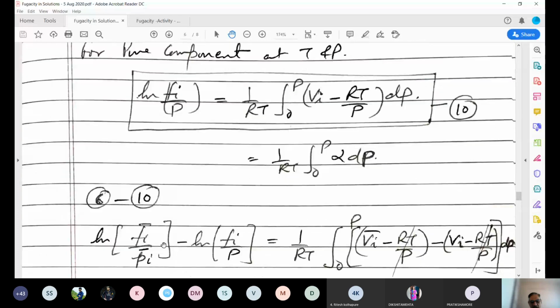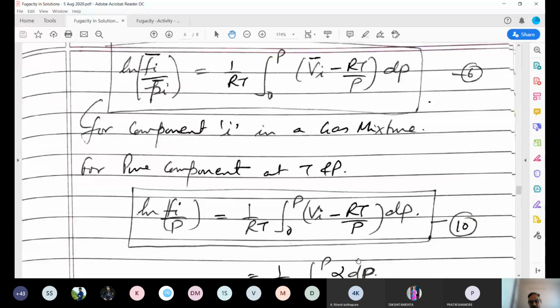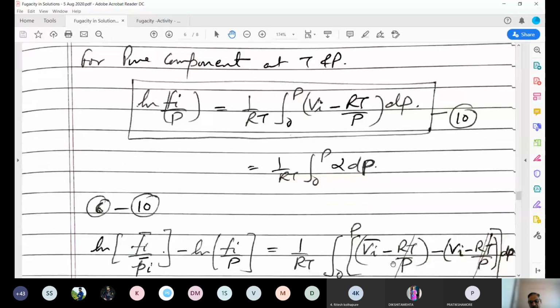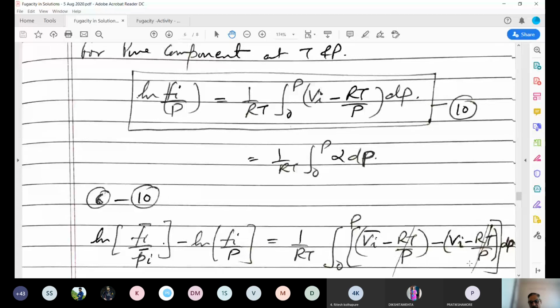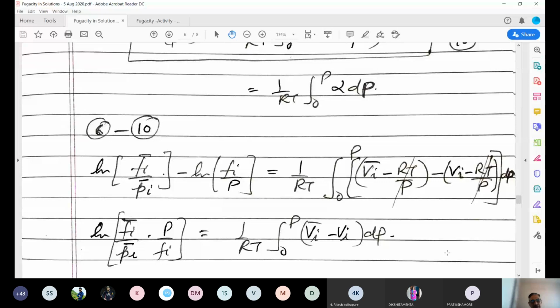What we'll get is ln Fi bar by Pi bar minus ln Fi by P equal to 1 upon RT, and the integral of Vi bar minus RT by P minus Vi minus RT by P. Okay, RT by P will cancel, and what we'll get is ln of Fi bar by Pi bar, and this is minus, it will be inverted, P by Fi, equal to 1 upon RT integral 0 to P of Vi bar minus Vi dP. Okay, equation